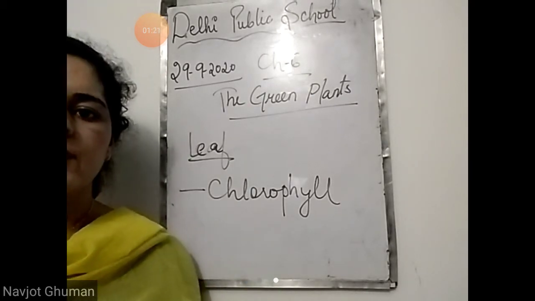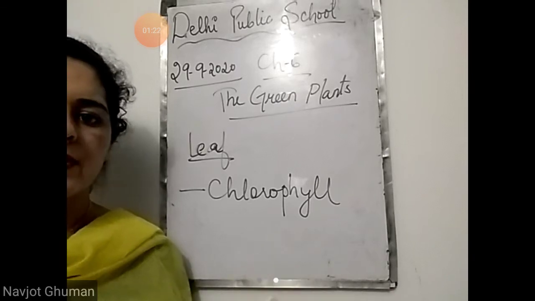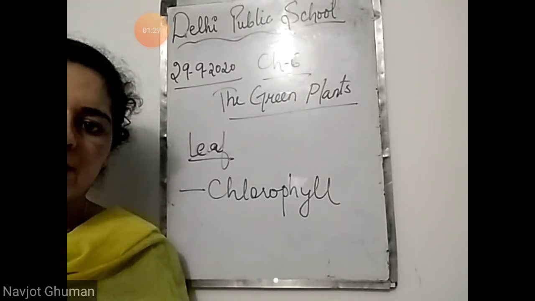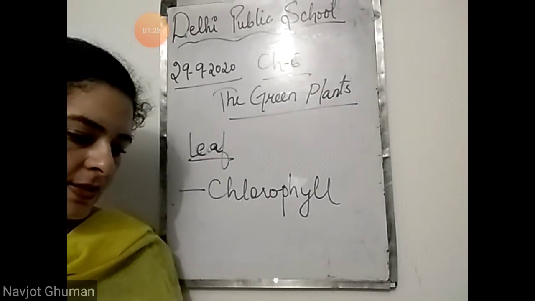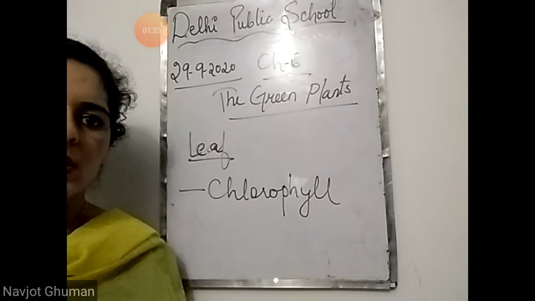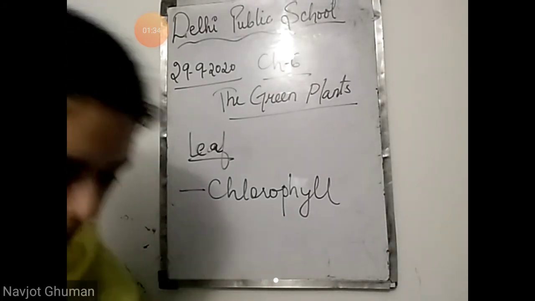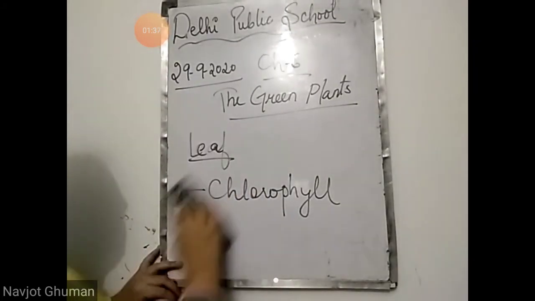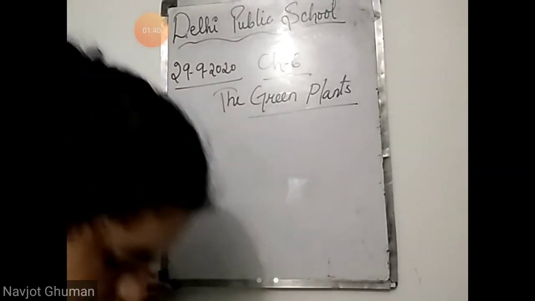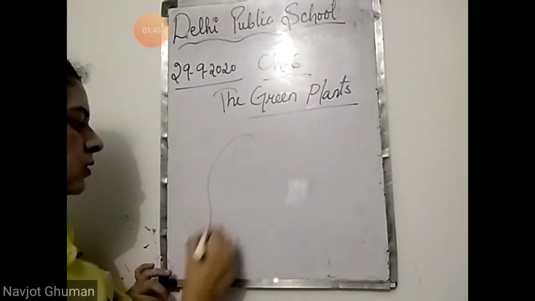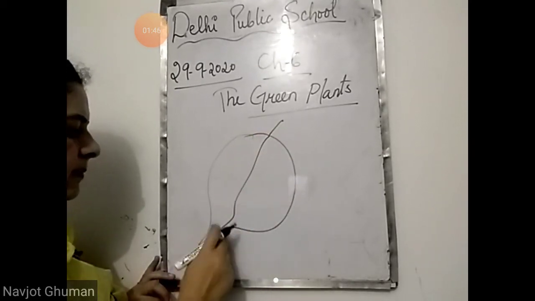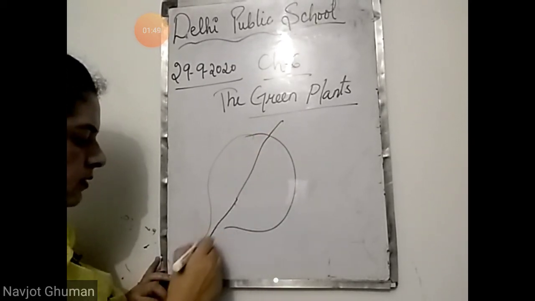Different plants have different types of leaves. Their shapes differ from plant to plant. So plants are identified by looking at their leaves. Now next we are going to study the structure of the leaf, the parts of the leaf, कि how leaf looks like, कैसी होती है लीफ की शेप. This is the main topic in this chapter, the parts of the leaf.